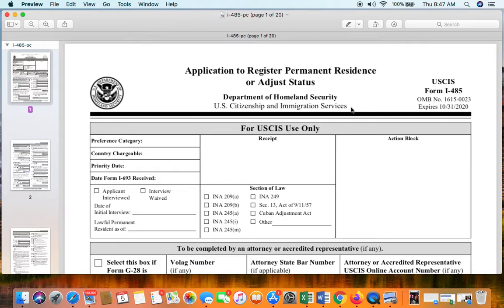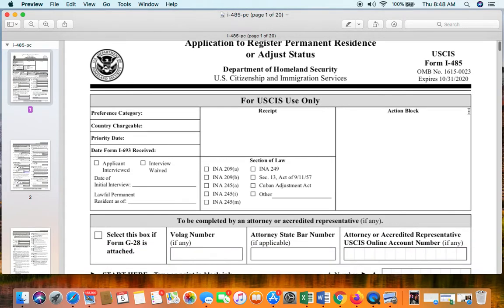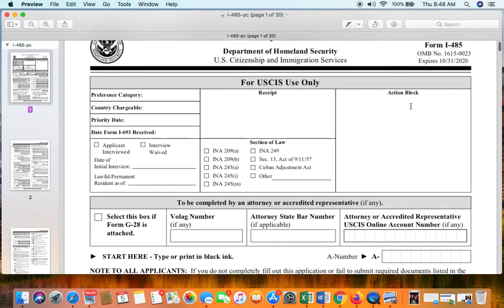In this video, I'm going to show you how to fill up the application to register permanent residence or adjust status for your green card. From USCIS, this is the Form I-485. Expires on October 31, 2020. So, this is for your K2 or